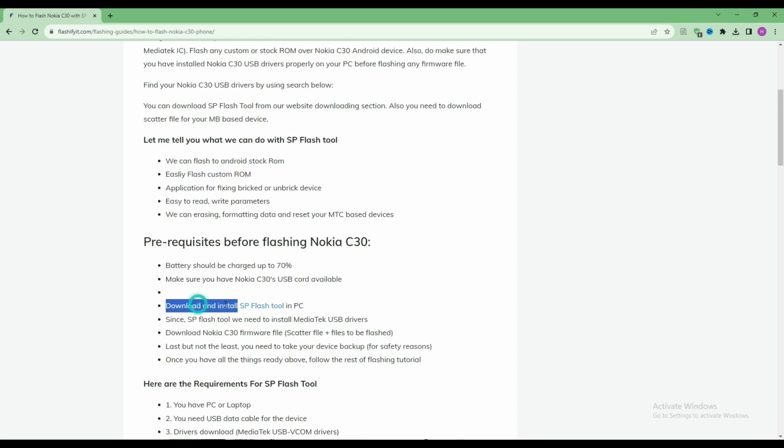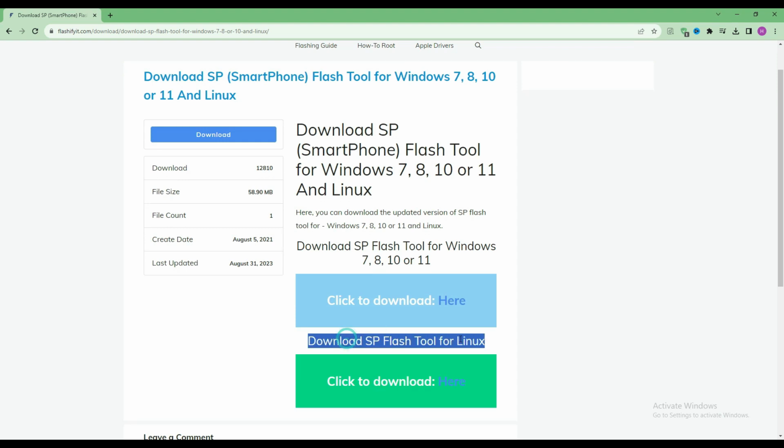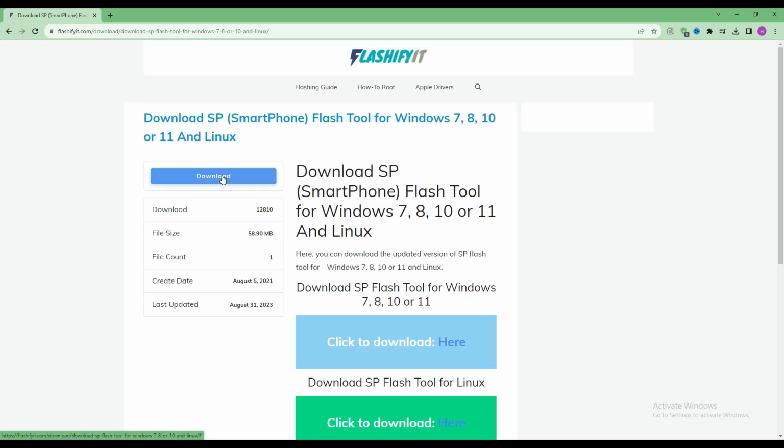To download and install SP Flash tool, click on it here. Click on the download button.